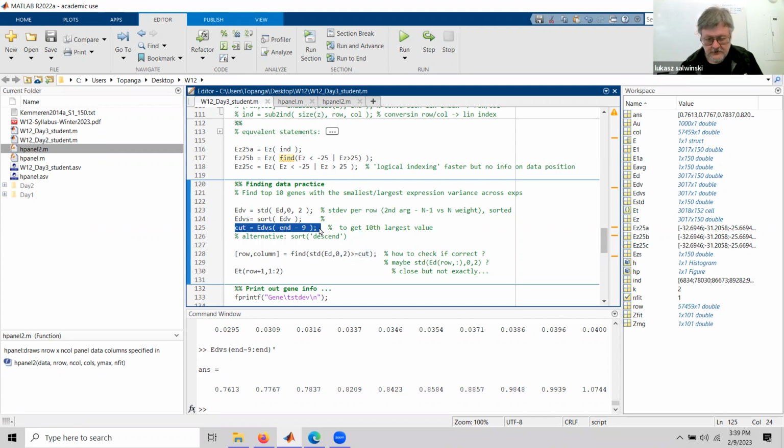Okay, that's right, which we set to the value of the 10th best gene, and then what we're gonna do is